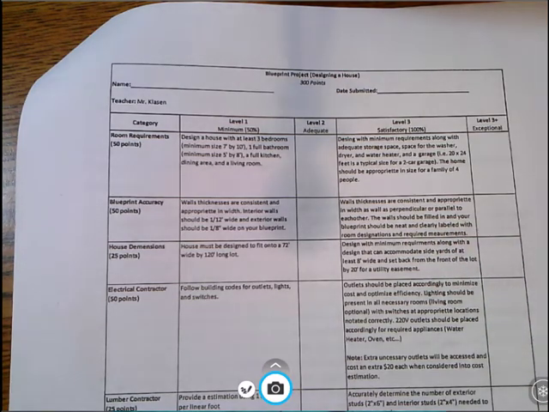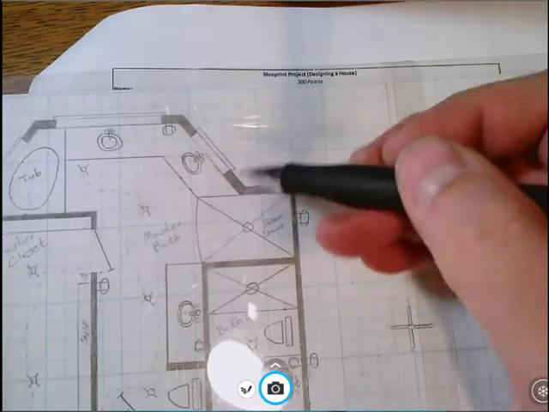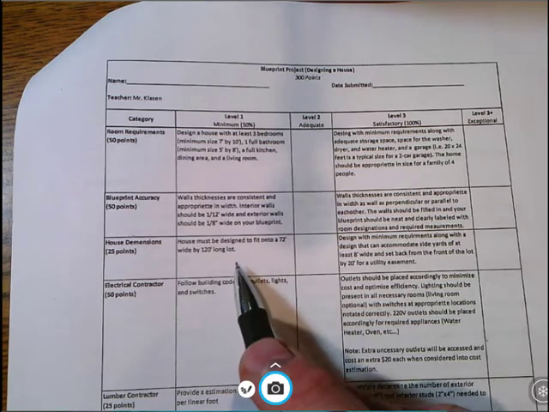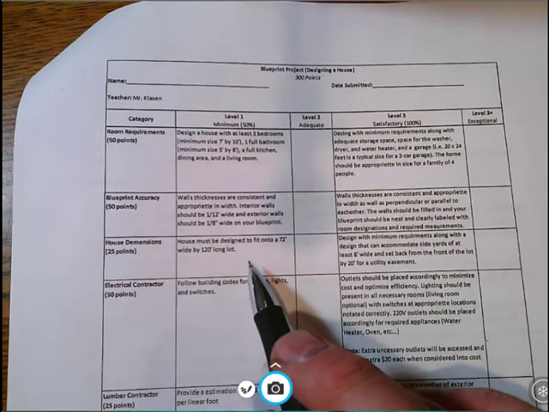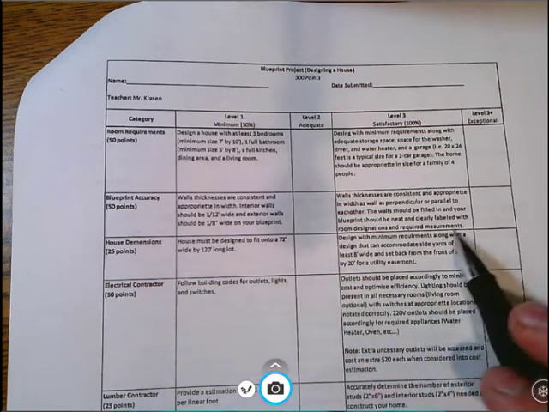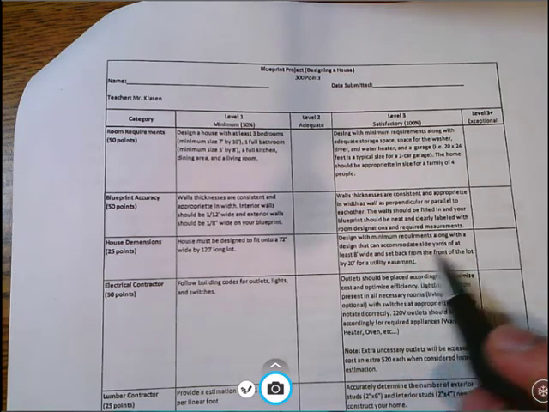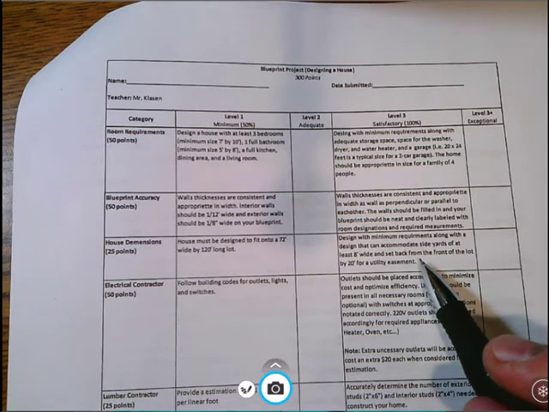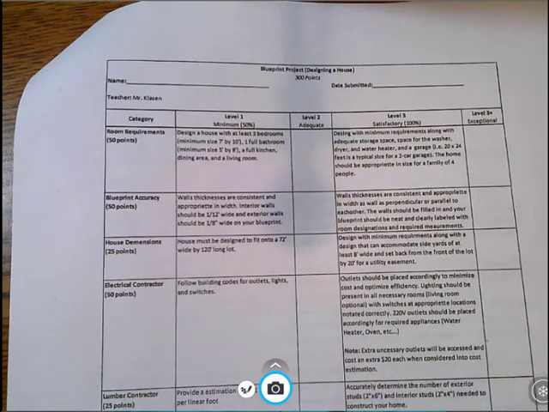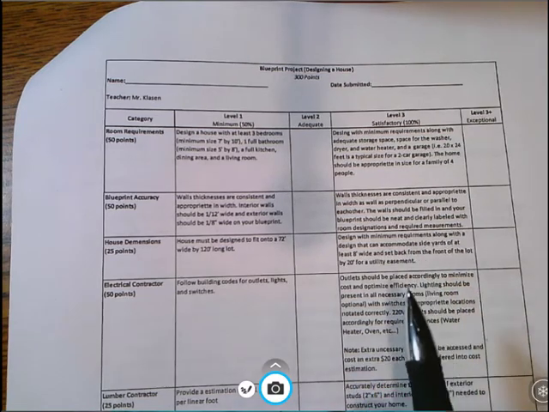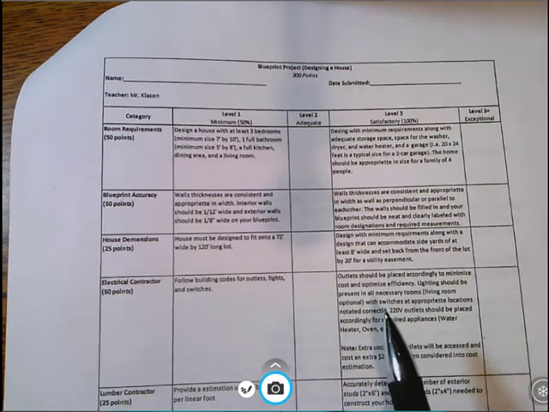So when I talk about filled in, obviously like this floor plan, the walls pop because everything's filled in really nicely, and that's how you shift that over. The house must be designed to fit in that lot. Now with those other parameters I gave you earlier, with the side dimensions, you have a huge amount of flexibility in terms of the minimum requirements for the space that you have to actually plot your house. So this is generally a pretty easy category, but you've got to keep it in mind a